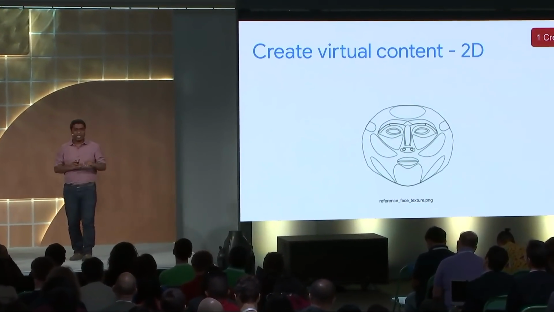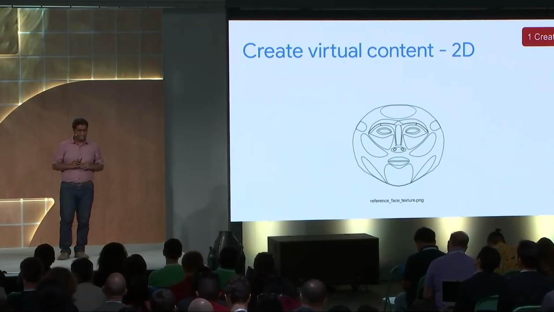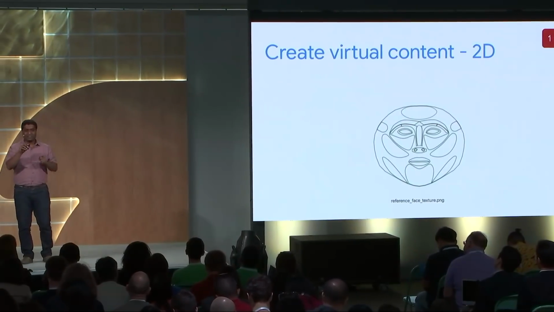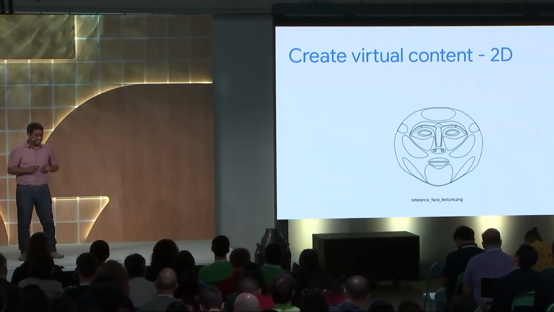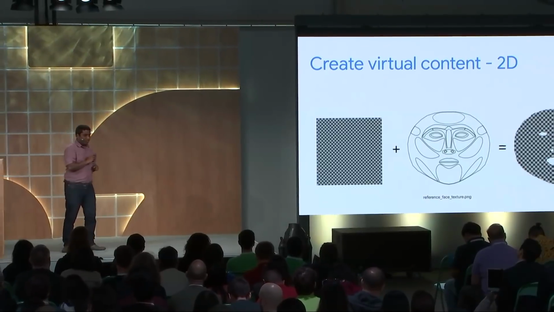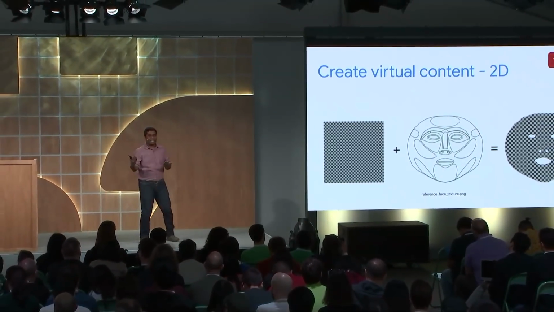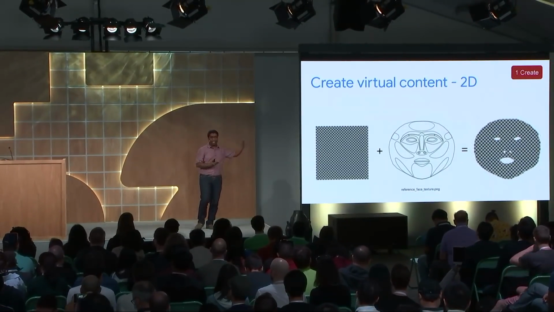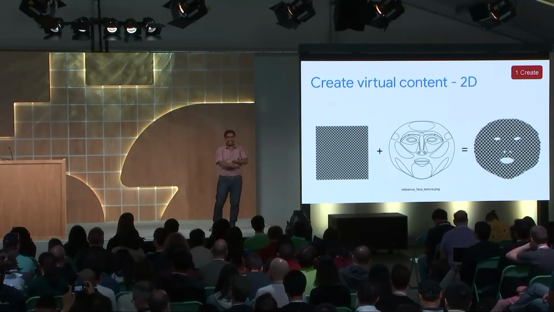latest SDKs, we are going to include this template texture, which is a flattened version of the face mesh. And various regions of the face are demarcated with these guide lines. You import this template texture as a layer in your image editing software and apply your own face paint effect as another layer on top of it. You can adjust where that tattoo or face paint should appear, and export it as a PNG file by hiding the template texture and only exporting the content you created.